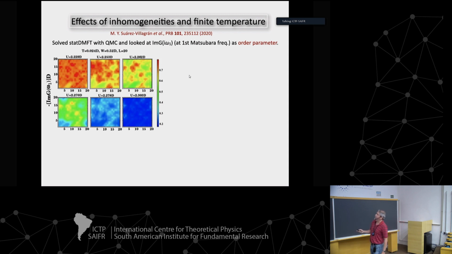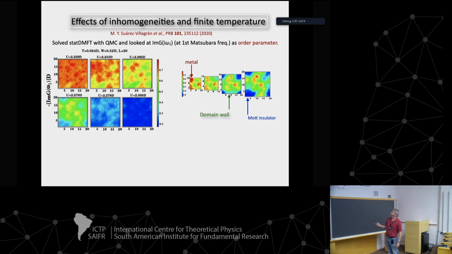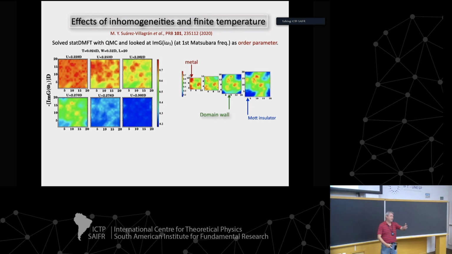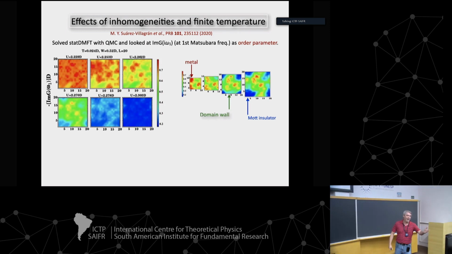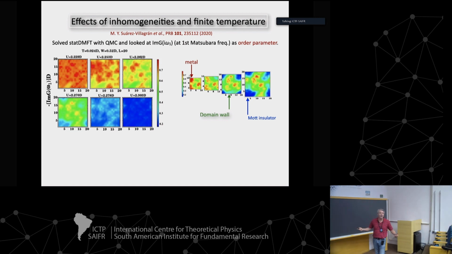And eventually, you're completely insulating on this side and more metallic on that side. I call your attention to the green areas. Actually, it's shown here also. This is as you increase the system size for fixed U. And of course, if you could increase this further, you would see the same kind of Imry-Ma phenomena of the domain wall formation. And you see sort of the beginning of that Thomas talked about.